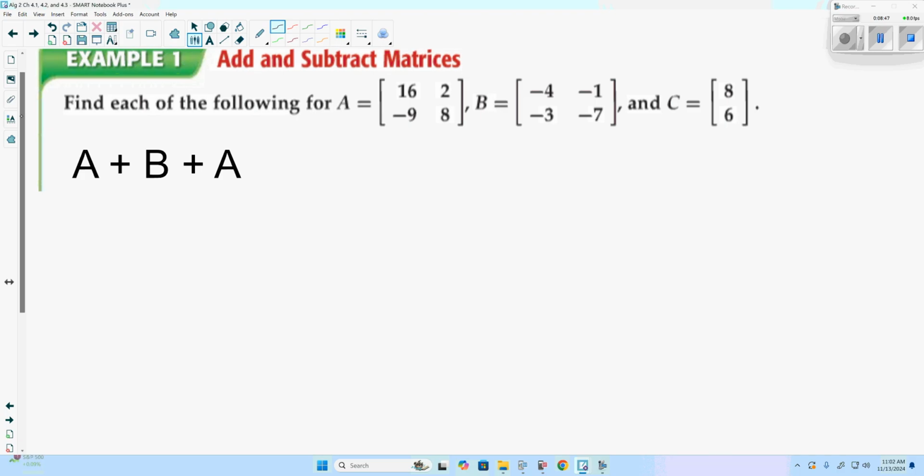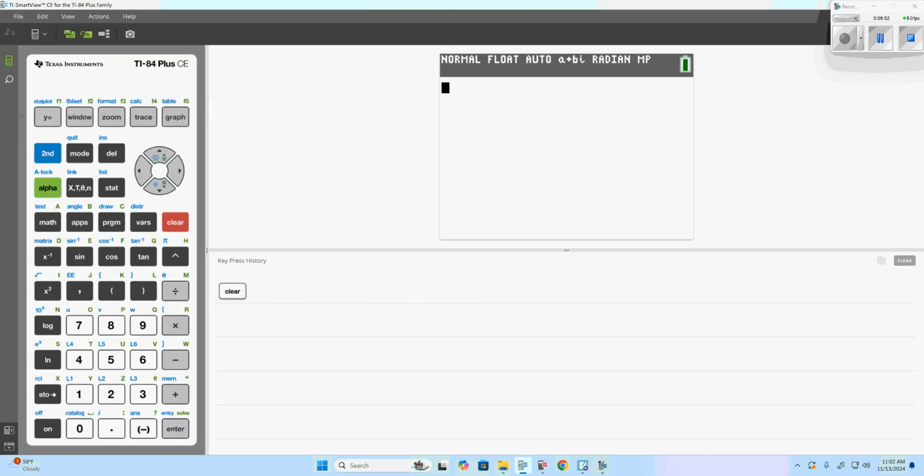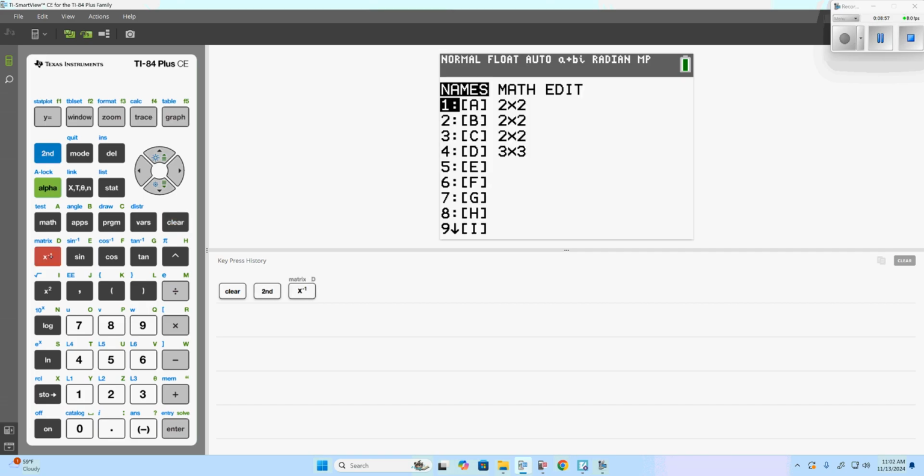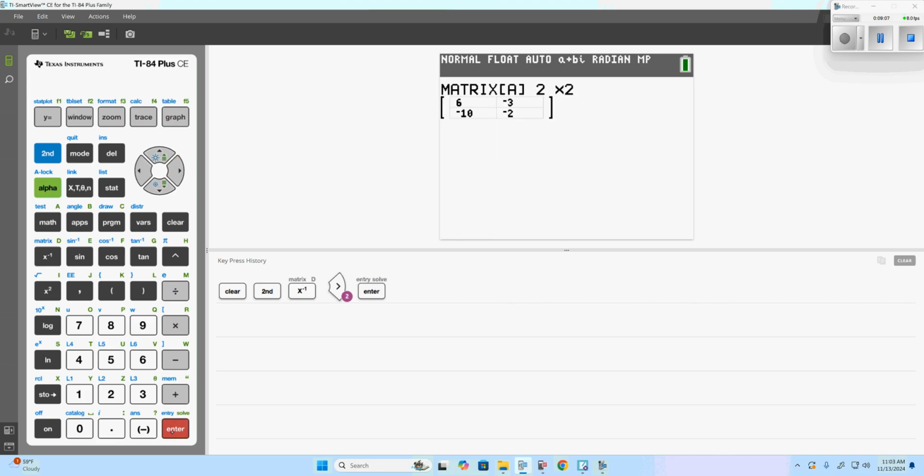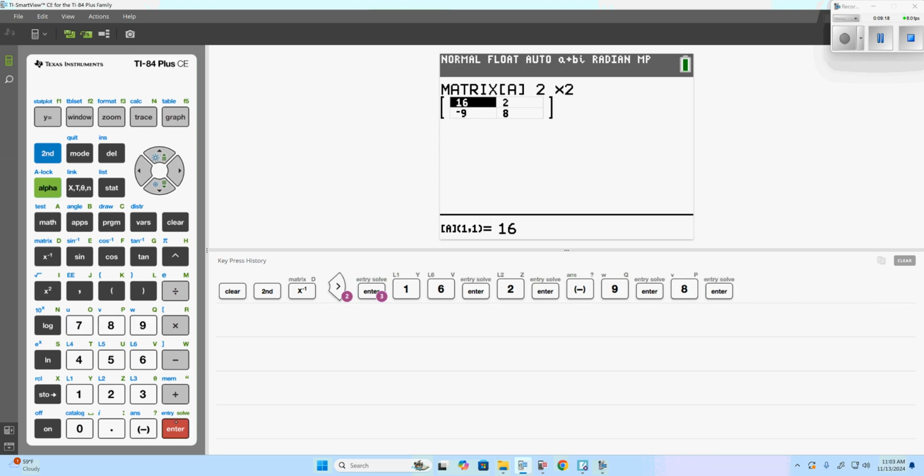Now we could do these in the calculator. Because the graphing calculator, we can do this, but the first thing we have to do is plug the matrix in. So the first thing to do for that is we're going to go second matrix. And then we have to go over to edit, and we'll hit enter for the first matrix. Now our A matrix that they gave us is a 2 by 2. And we'll do 16, 2, negative 9, 8. Because we're going to type that first matrix in. We type each element in. And once we get finished typing it in,